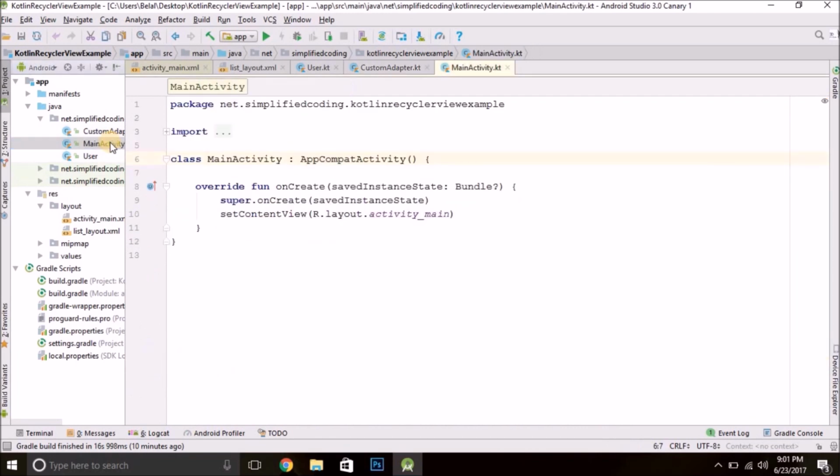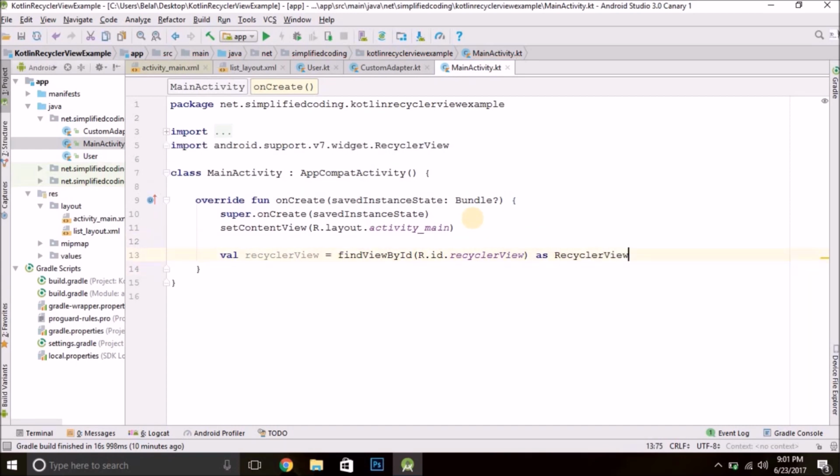Now come inside MainActivity and let's create our recycler view. So what we will do here, first we will create a recycler view. So we'll write val recyclerView equals findViewById R.id.recyclerView as RecyclerView. That's it. Now we will set a layout manager for this recycler view.